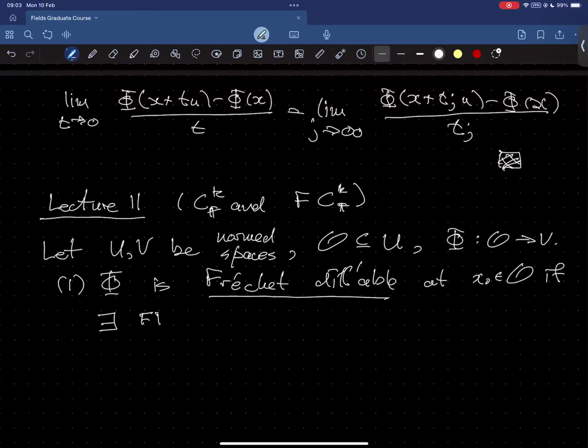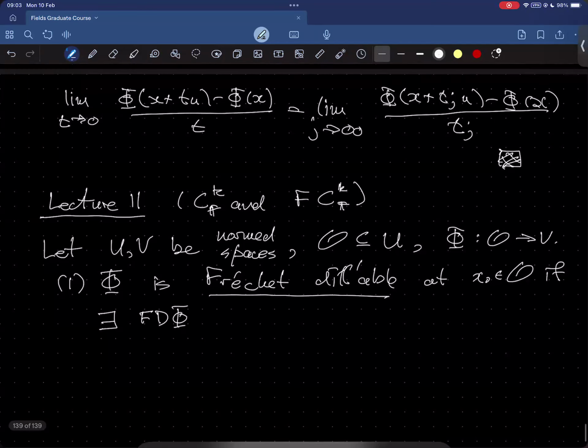I'm going to call it F d phi, for Frechet derivative, of x naught, a continuous linear mapping from U to V such that,